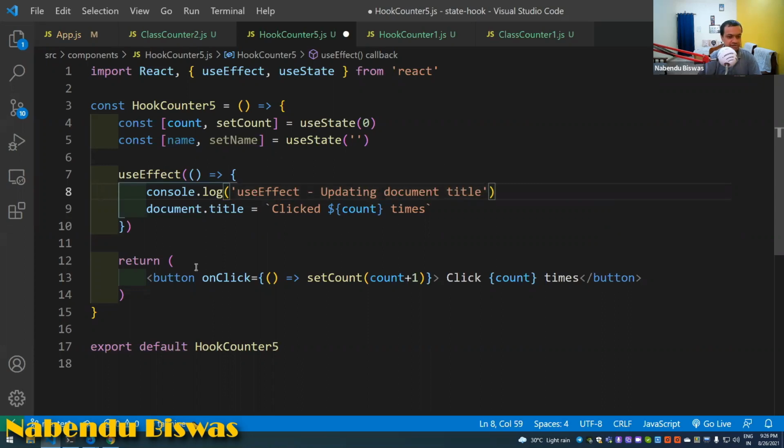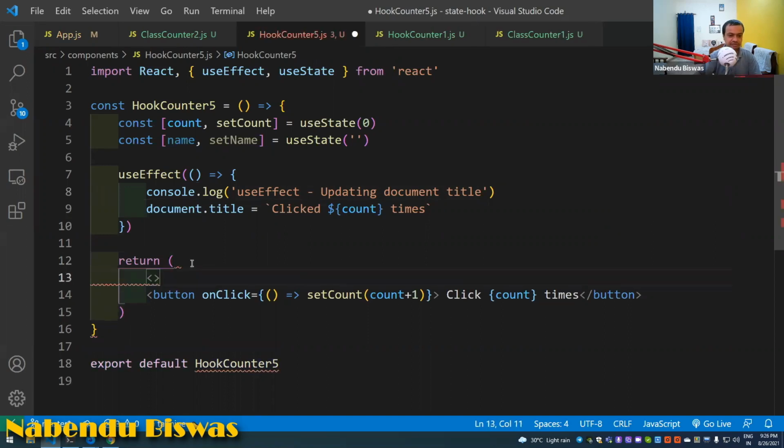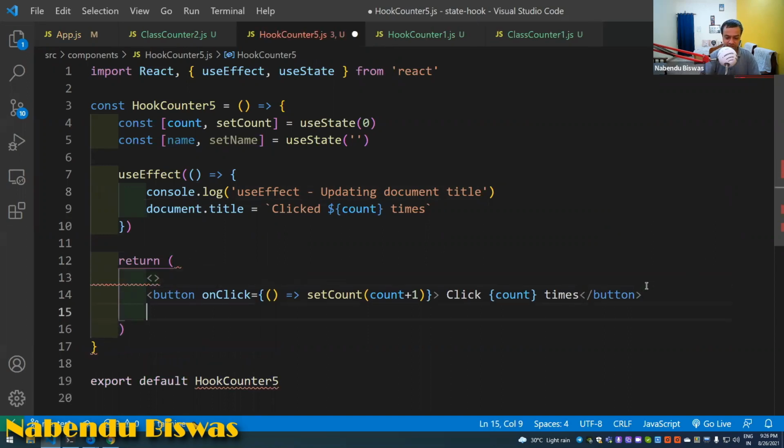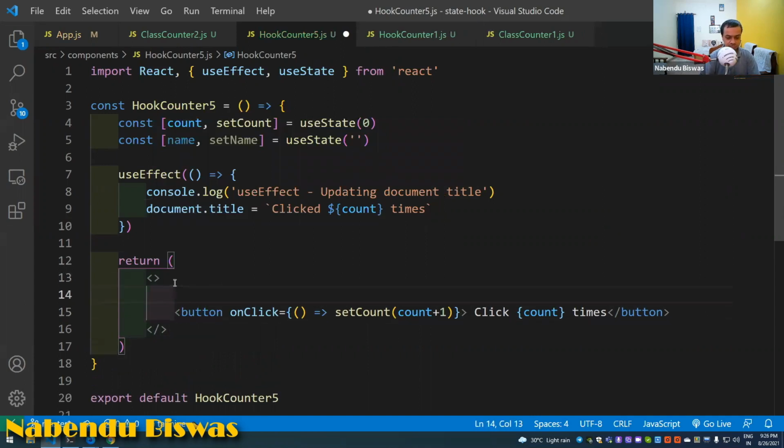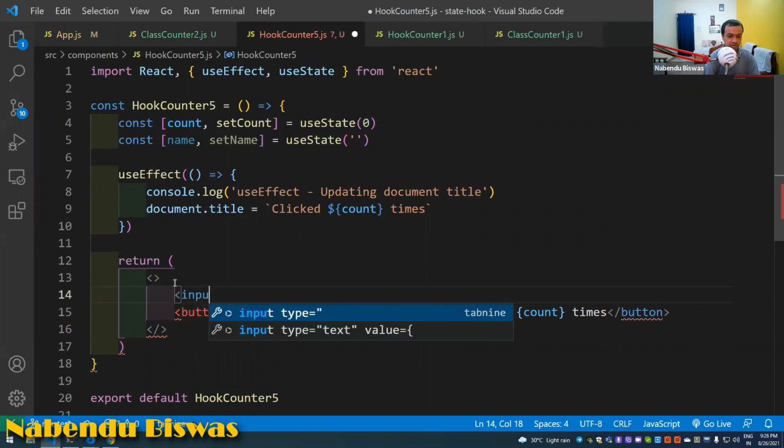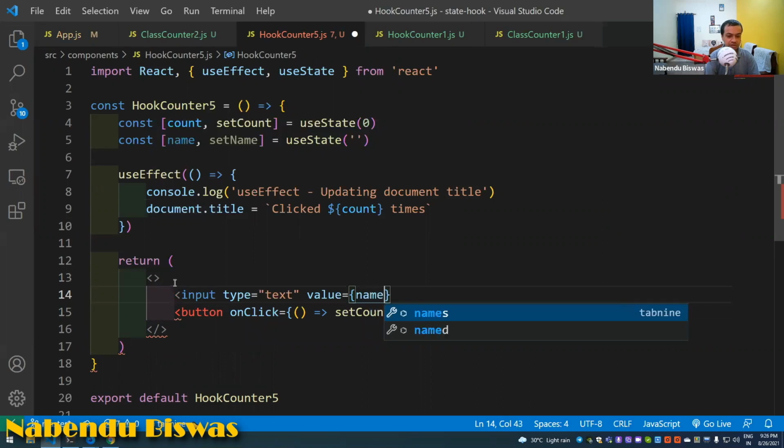And then again I will have a fragment, and then the input box, input type text, value is name,